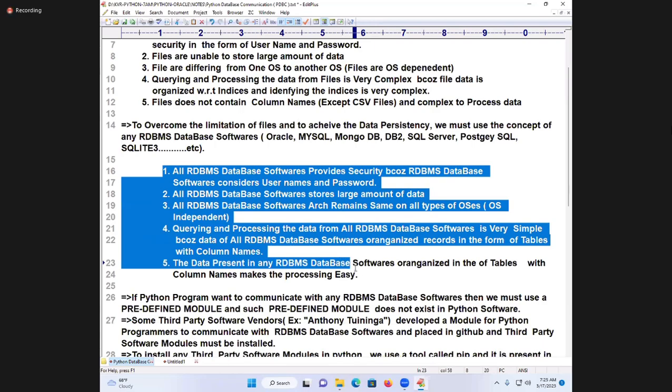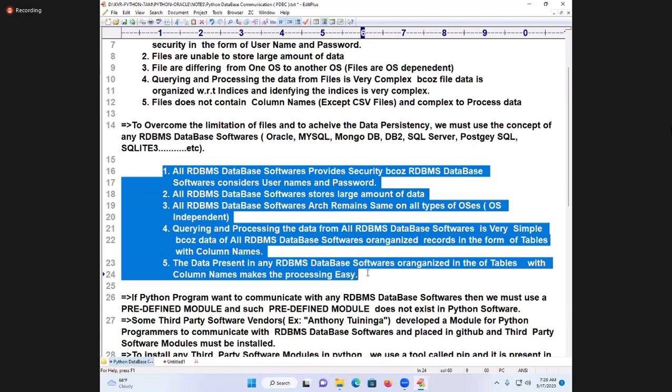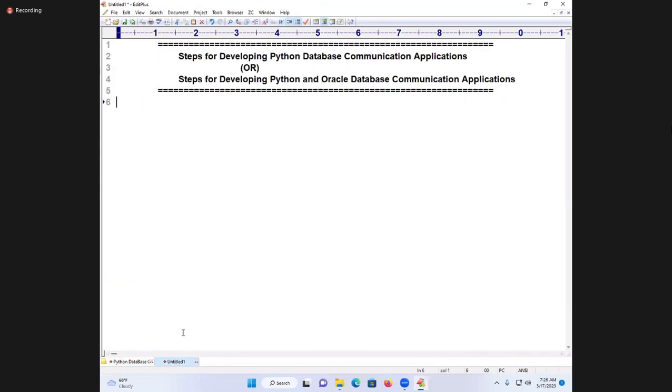To get these advantages, I must communicate with an Oracle database or a MySQL database to perform various operations and achieve data persistency. You already know data persistency means storing the data permanently. To achieve data persistency by using database software, RDBMS, with the Python programming language,